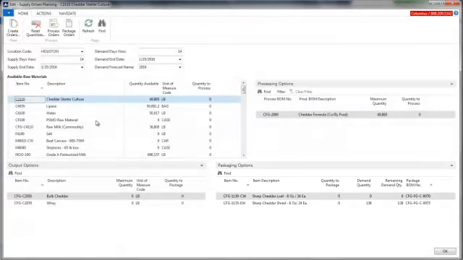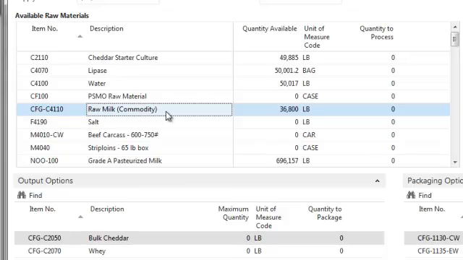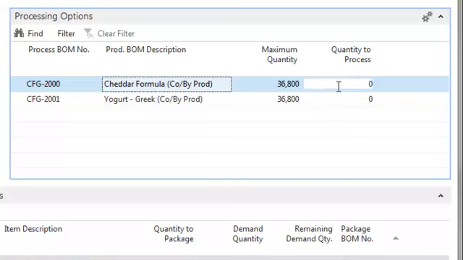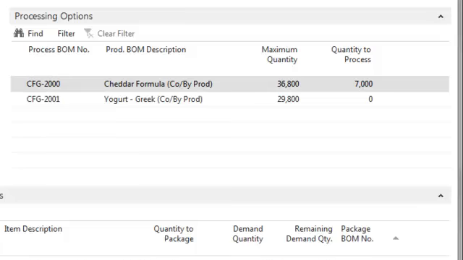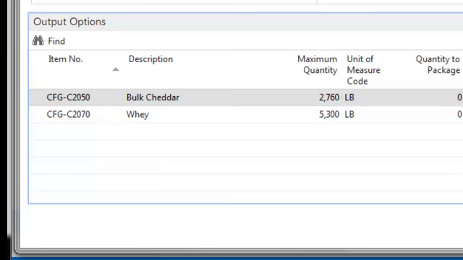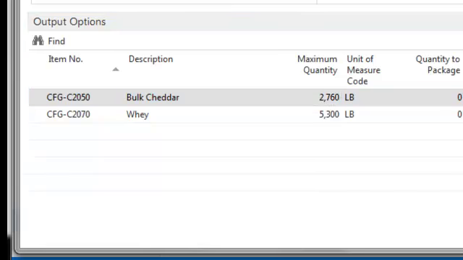To demonstrate the Columbus Food supply-driven planning tool, we start by reviewing the anticipated quantity available of a supply item, 36,800 pounds of raw material milk. Next, the processing option panel shows there are two options to process this raw material, cheese or yogurt. We decide we will run 7,000 pounds through the cheese process. We can see the results as the co- and byproduct of that process, cheese and whey, within the Output option